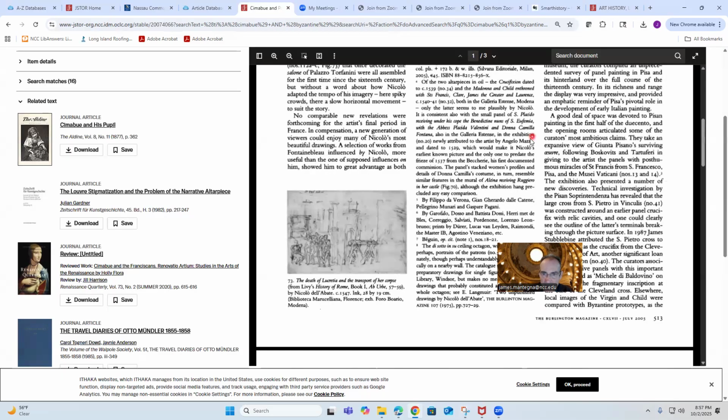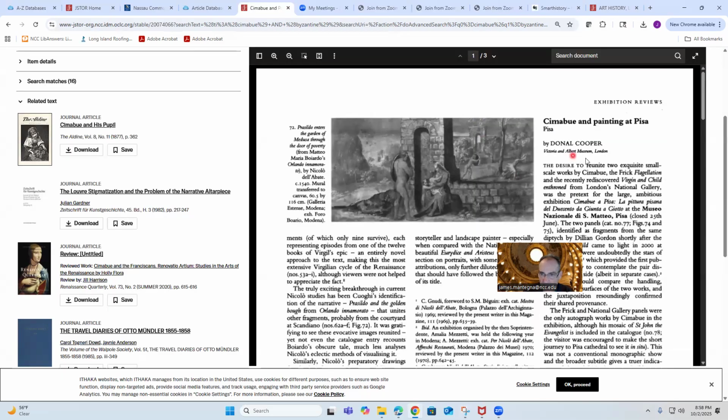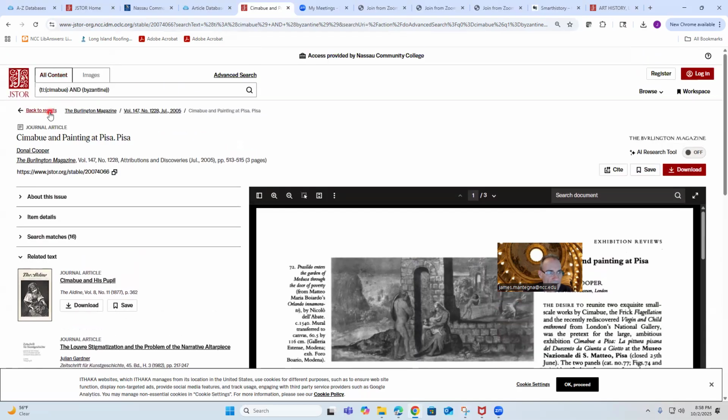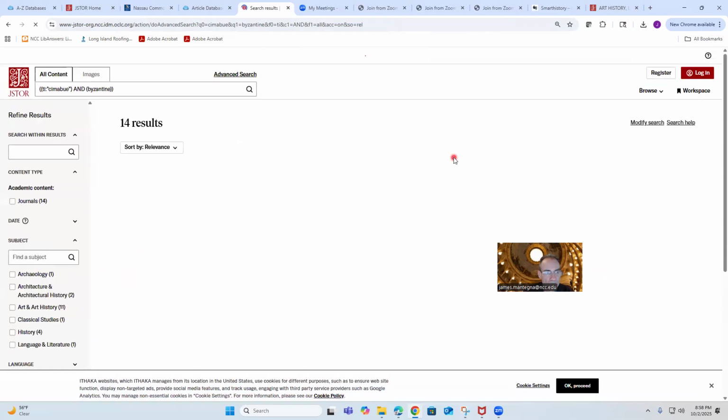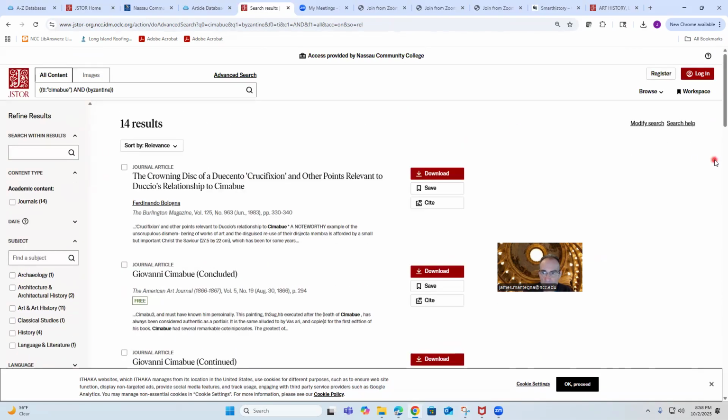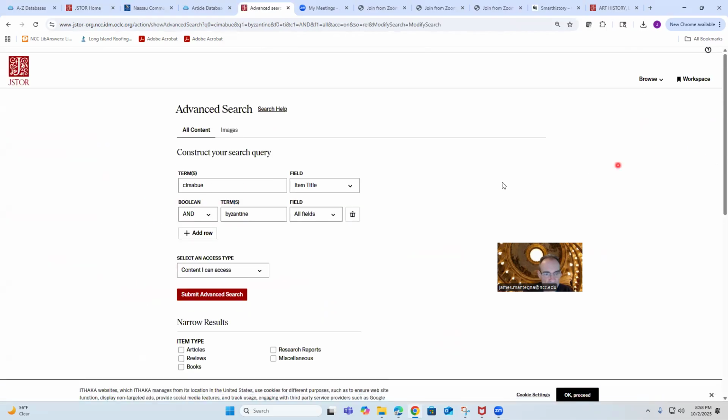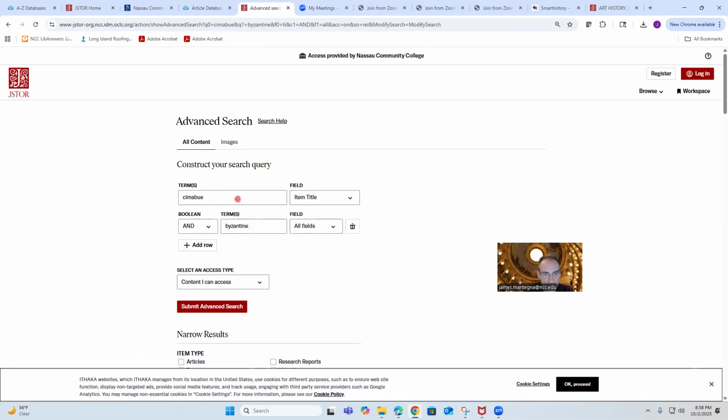And you can see the author here. And this is a scholar that works at a museum. Actually, this is an exhibition review. So let's go back to my results. So you also modify search. You can take, when you're doing this kind of search and you're looking for, say, a certain topic or a theme,